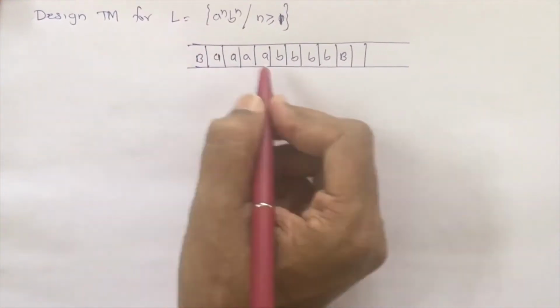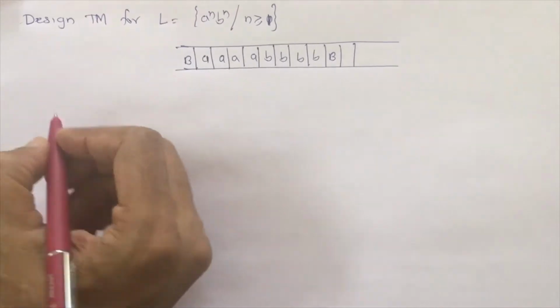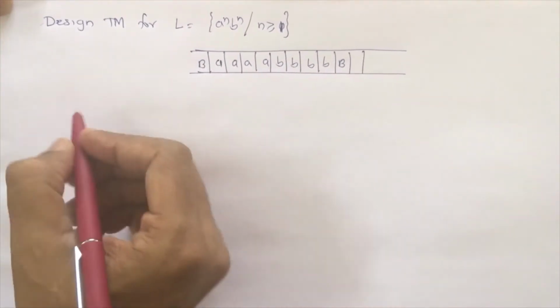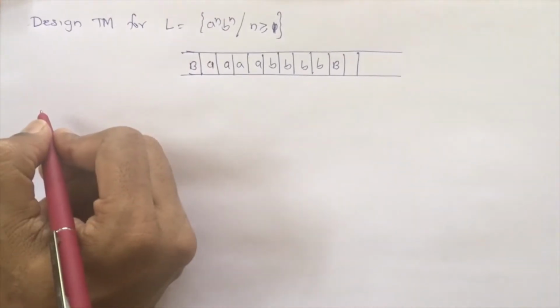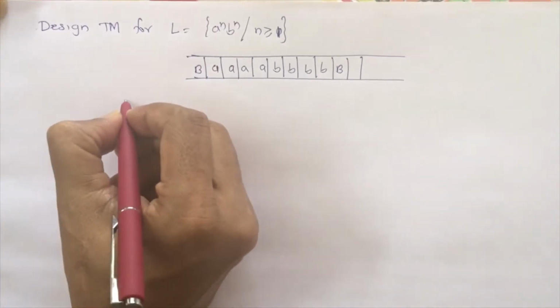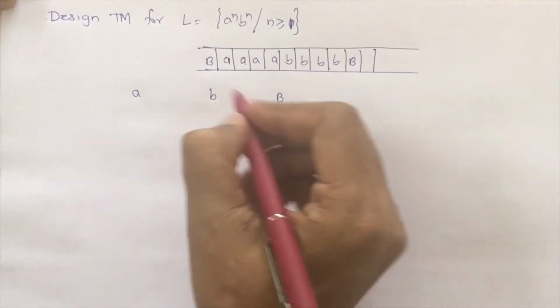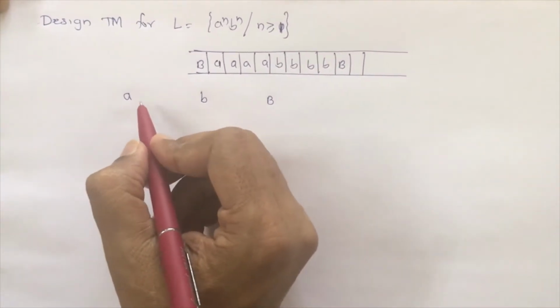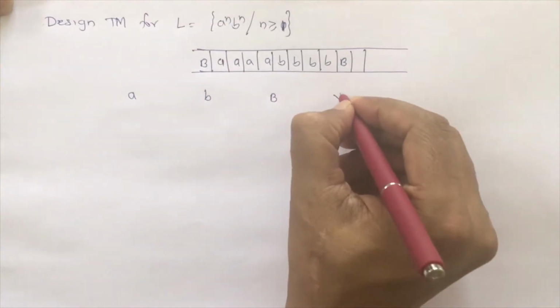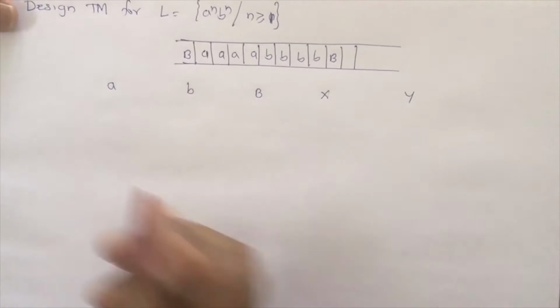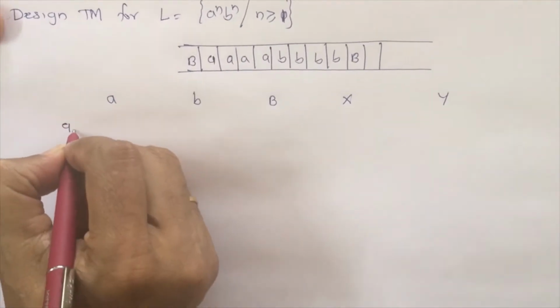We will assume that both the ends of the string would be accompanied with blank. So on the tape we have a and b. We will construct this Turing machine using a transition table. On the tape we have a, b and capital B. Along with this, for each occurrence of a we will replace it by capital X, and each occurrence of b we will replace it by capital Y. Fine. So let us start with Q0.